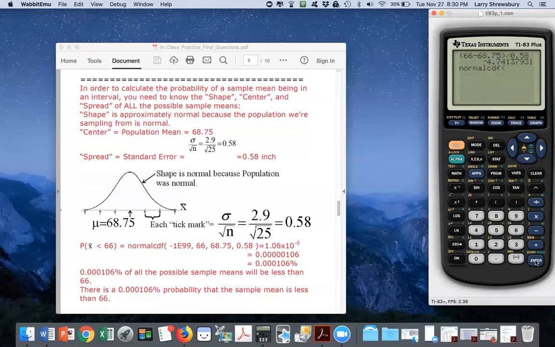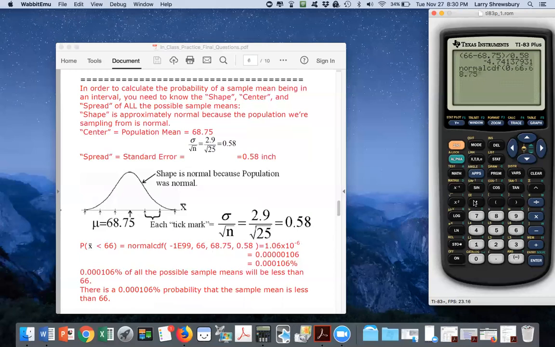Let's see, is 0 far enough to the left? Yes, it would. So I'll just do 0. Now, you know this negative 1e99 is always far enough to the left. But if you do a sketch with the numbers in, you know that all the other infinite number of values you could use. But you've got to use 66 for the upper bound, comma, and then the